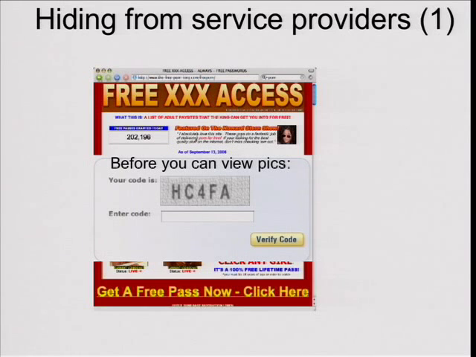And then the question is, how would you hide this from the service provider? And one approach would be just use a CAPTCHA. Users that go to these sites, they're used to jumping through hoops, and they will know that before they can view any pictures, they would have to solve a CAPTCHA. That would not be an unreasonable request. And so they would enter the CAPTCHA, and it would be verified. Now, that, of course, is not going to be as easy for a spider. It could be done, but if it's a good CAPTCHA, it's going to be harder.